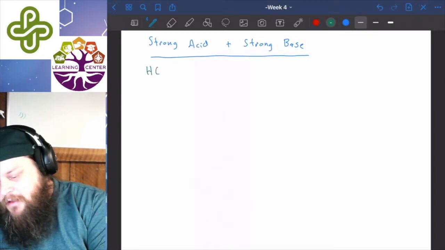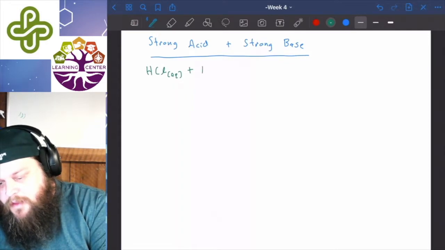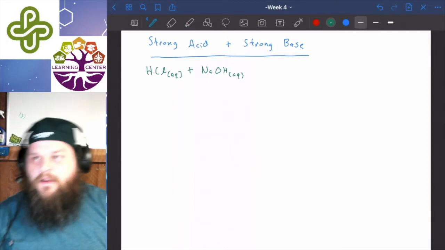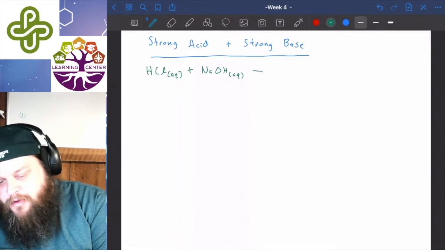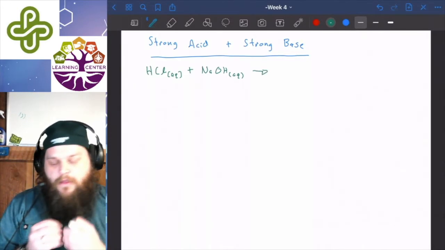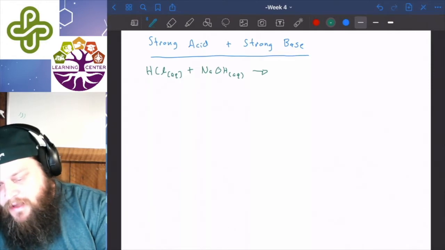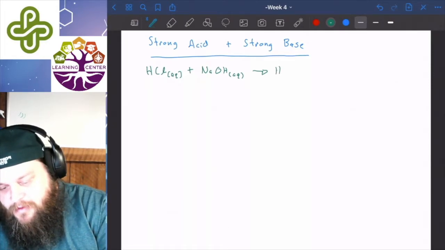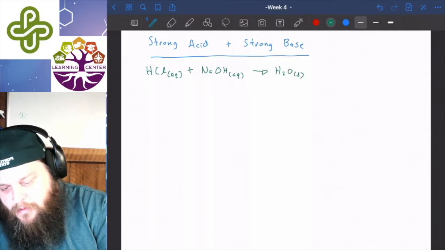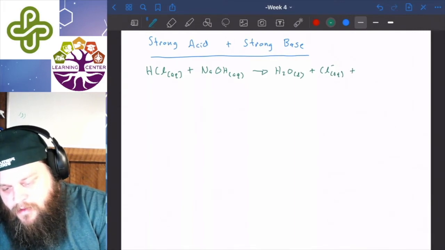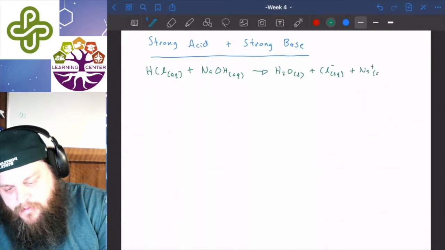So if I had HCl, which was aqueous, and I add to that then say NaOH, some solution of NaOH I add into it, this is going to produce hydronium and hydroxide, which are going to balance each other out, or say H plus and an OH minus, which end up just producing H2O as a liquid, plus you end up with the chloride minus aqueous and the Na plus aqueous.